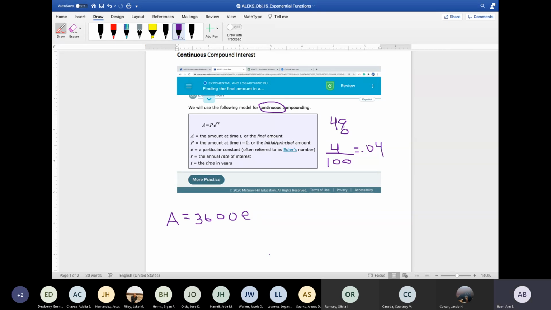And if you took your decimal point, removed the percent sign, the decimal point would be here. You'd move it once, get 0.4, move it again, get 0.04. So it works really nice no matter which way you work it. I just find I'm more accurate doing it this way. So I'm going to put the 0.04 up here.